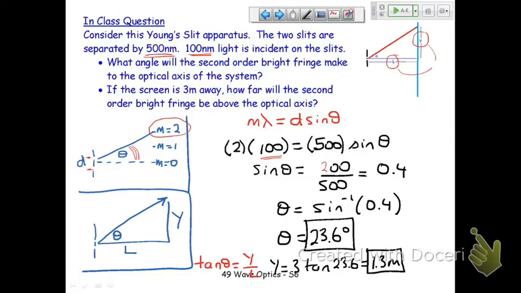So basically tan theta becomes the same as sine theta, because the hypotenuse is about the same length as the distance for a small angle. You know that small angle approximation? My sine is opposite over my hypotenuse, and my tangent is opposite over the adjacent. But if it's a small angle, the adjacent and the hypotenuse are basically the same length. So you can fudge the math and just,